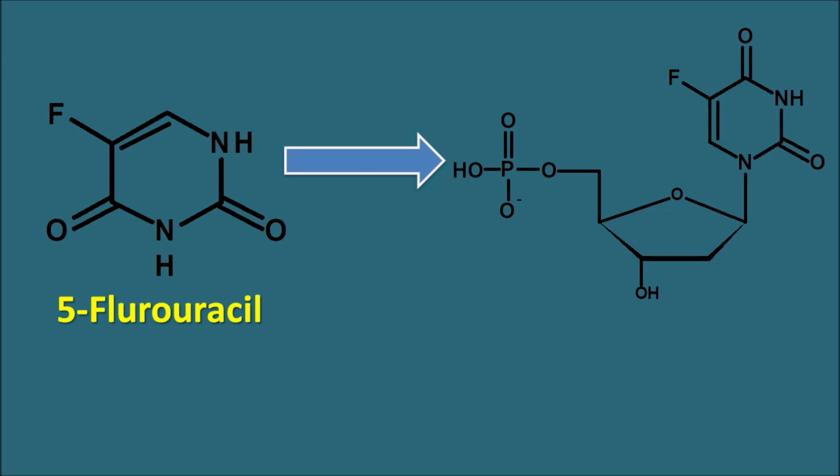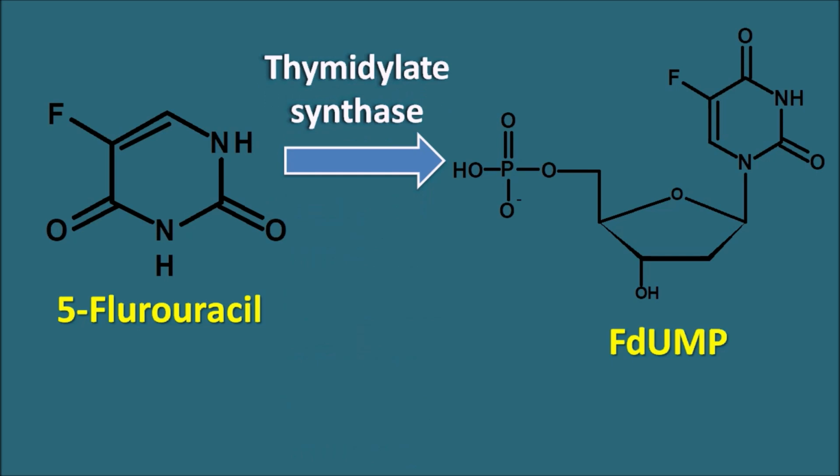So this is nothing but FdUMP, fluorodeoxyuridine monophosphate, and this conversion is mediated by thymidylate synthase enzyme. In this way, 5-fluorouracil is converted to FdUMP, which is then going to inhibit the thymidylate synthase enzyme, thereby it inhibits the thymidine synthesis. And along with the 5-fluorouracil, we can give leucovorin. Leucovorin acts as a cofactor for the thymidylate synthase enzyme, so it is going to promote this enzyme's inhibition so that the 5-fluorouracil is going to be converted into FdUMP, fluorodeoxyuridine monophosphate.